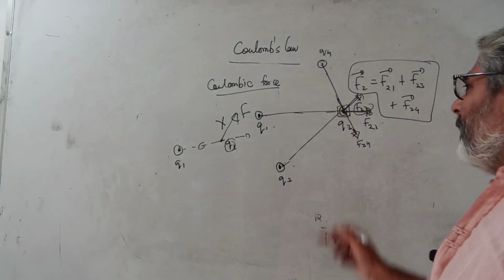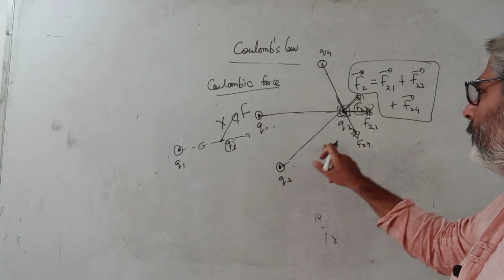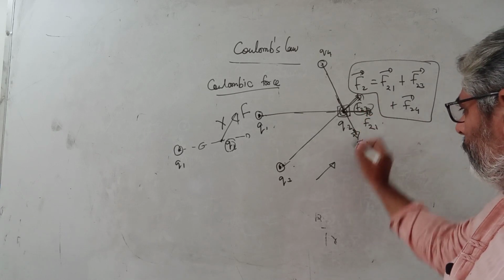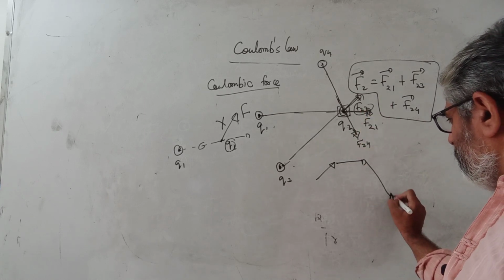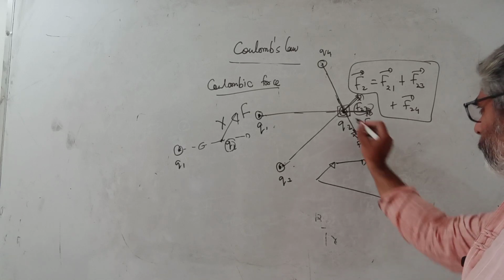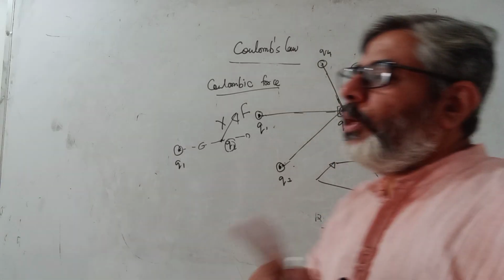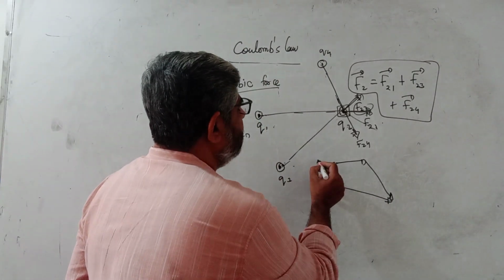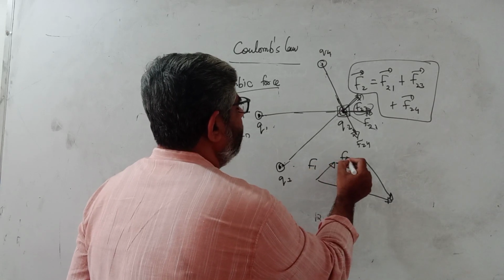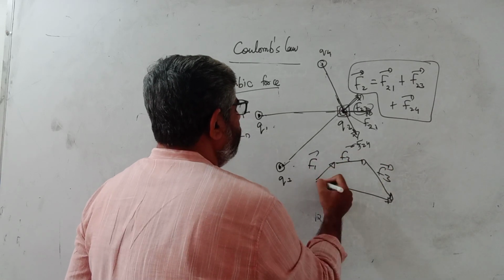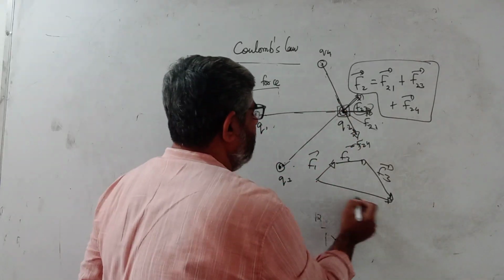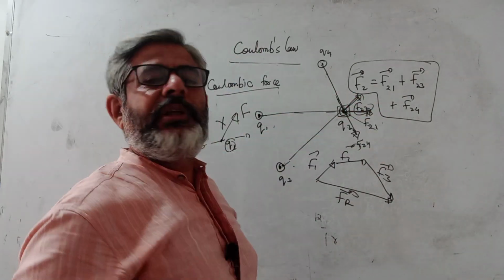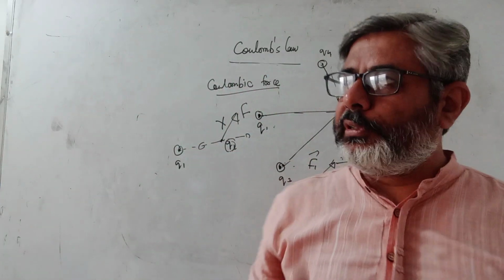So if those charges are like this, then the force is either in this direction or in this direction, always along the line joining the two charges. But the resultant force because of these three charges may not be, because if you take the vector sum of all these forces, then the vector sum may be like this. So it may not be along the line joining any of the charges. The resultant force can be in any direction. For example, this is vector F1, this is F2, F3. These forces will be along the line joining, but this resultant force may be in some other direction. So then this charge will experience a force in the direction of the resultant force.